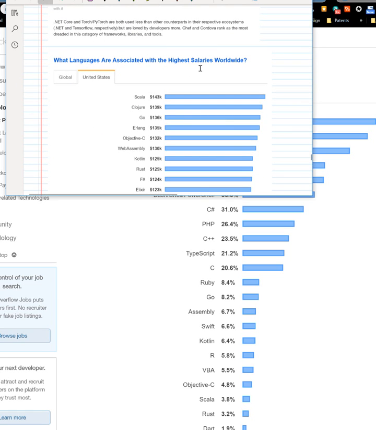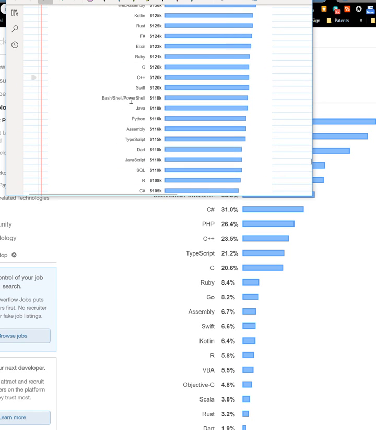What languages are associated with the highest salaries? Okay, Bash, Shell, PowerShell. Who the heck gets it? That's like me saying, oh, I get a job and I work a lot with Notepad, so I make $49,000 a year. No, there's no correlation there. This is like a utility. It's like a skill that somebody might have, but it's not something you actually get paid for. Nobody's going to be hired strictly because they're a Bash programmer or something. Even though, yeah, you can do programming in that, I guess.